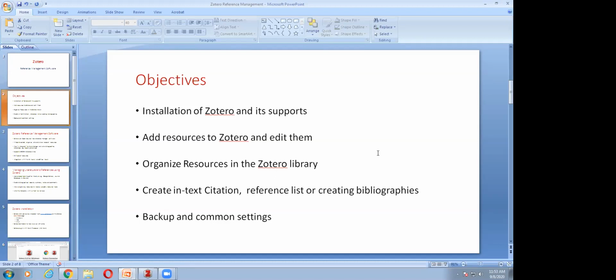The third is how these resources can be organized within Zotero, because all the resources can be arranged in different folders. Next, creating the in-text citation and reference list in MS Word, or creating a bibliography in MS Word. And lastly, how to take a backup, and how you can change the settings by going into the advanced setup.